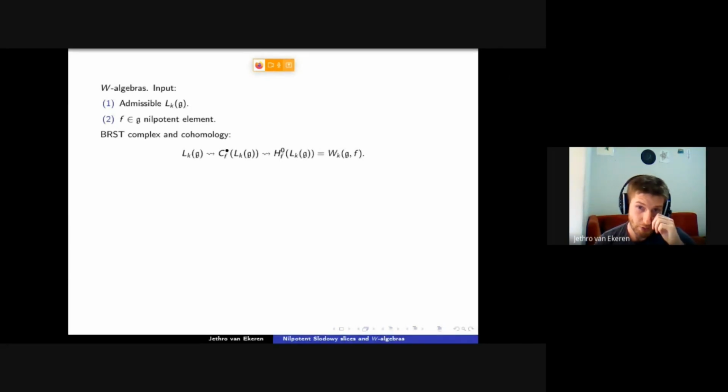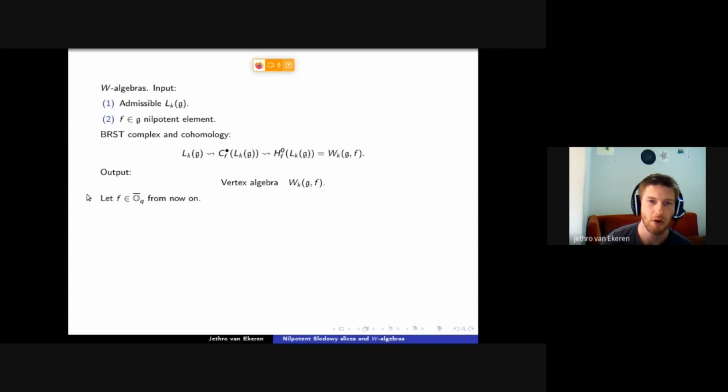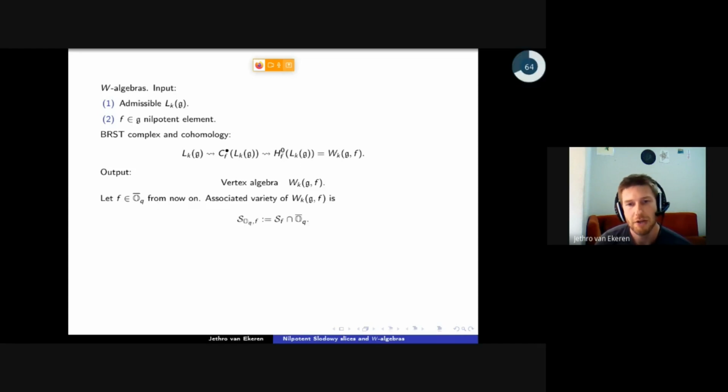Then one takes the zeroth cohomology of this complex, and this again is a vertex algebra, the so-called W-algebra. So it depends on a choice of a Lie algebra G, a level, and a nilpotent element. These are most interesting when this element F sits inside the closure of O_q, so let's assume that from now on. And now the associated variety of this vertex algebra